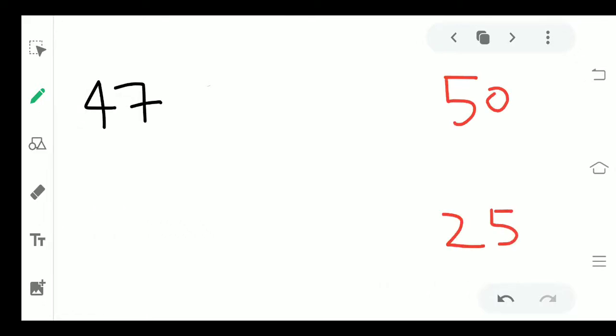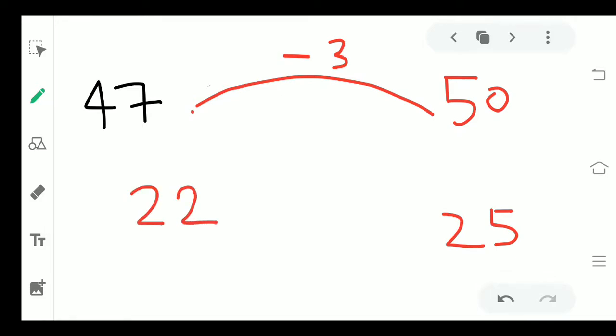Let's take another number, for example 47. The base for 47 is 50. Base derivative is 25. We'll see how much 47 is less than 50. It is minus 3. We'll subtract this 3 from the base derivative 25. We will get 22. And just write the square of 3, which is 09. If the square comes as one digit, we will make it two digits just by adding a 0 to it. So we have got our answer as 2209.